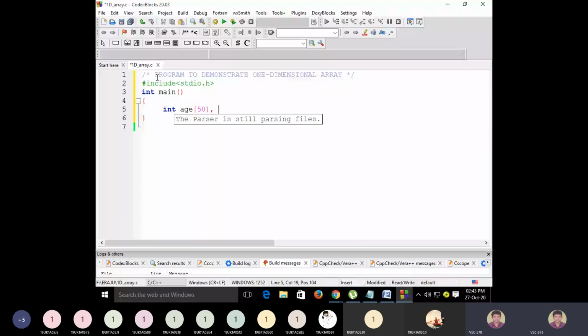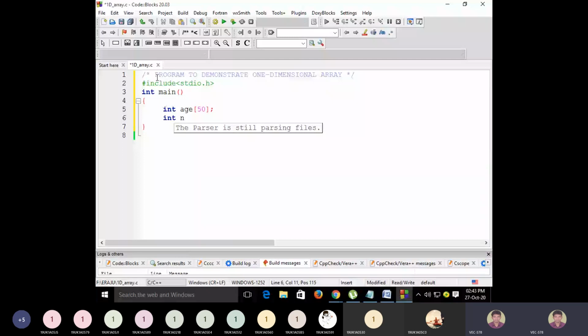Then declare another variable. This is the first thing: you have to declare an array of size 50 based on the number of elements. But I don't want to store all the 50 students' ages, because entering 50 numbers takes a lot of time. So you ask the user how many students' ages he wants to store.